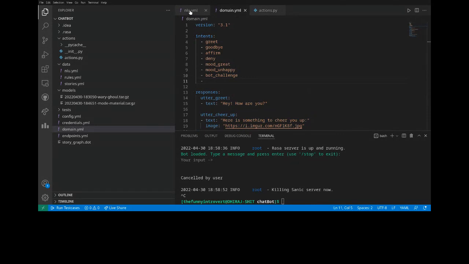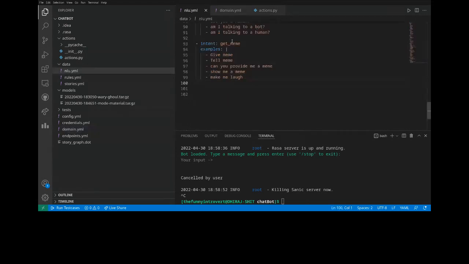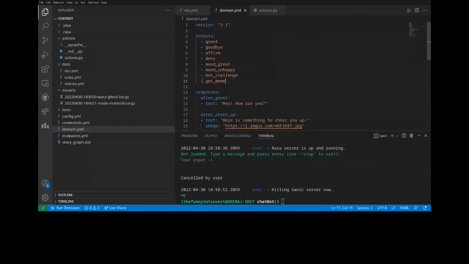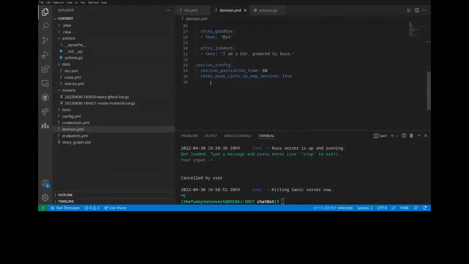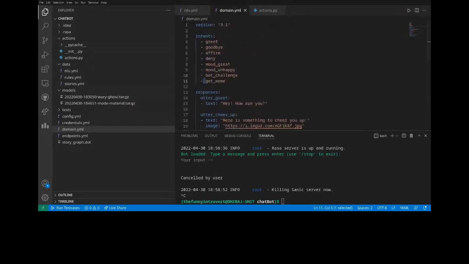Nice, my mouse stopped. Okay, yeah, it was get_meme. So just copy get_meme and put it under intents, below intent, and just don't forget to add this. Okay, so now that we are done, everything is good, I guess. In intents we just added get_meme, so that the bot also checks for get_meme.